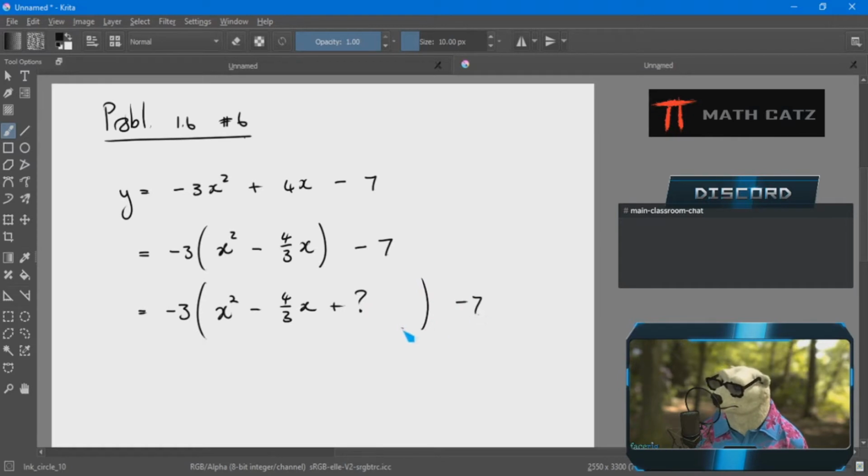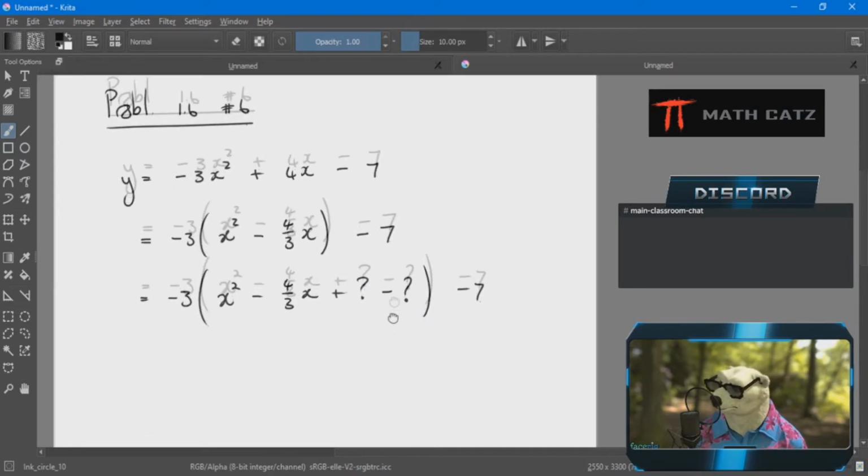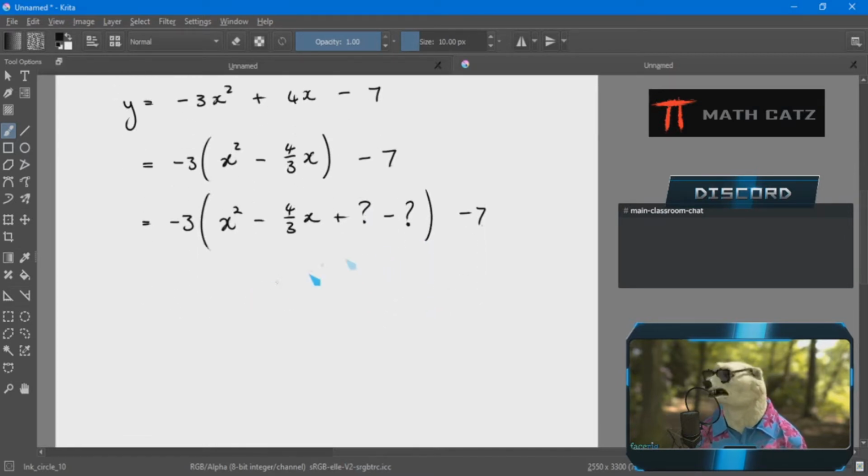The 7 is still there. I can't just add this question mark, regardless of where I'm adding it. I can't just put it in because I want to. I have to balance it by whatever that number is, taking it away as well. I don't know what that number is yet, but I know that these 3 terms with the correct question mark will become